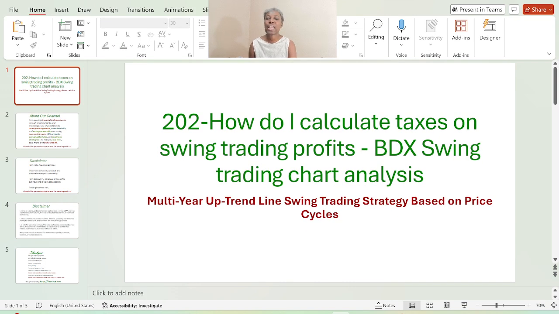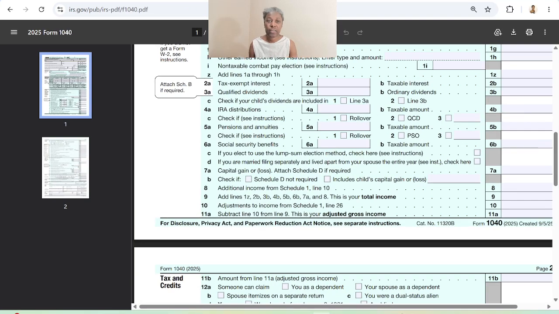Hello, how do I calculate taxes on swing trading profits? There is more than one way to do it, but I like to simplify the process. What I would recommend, if you want to do it in a simple way, is to make sure you are paying enough tax, meaning that there is a good chance that you might get a refund back when you